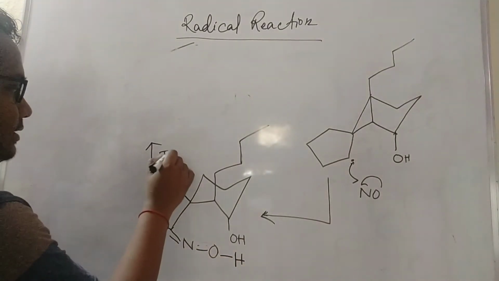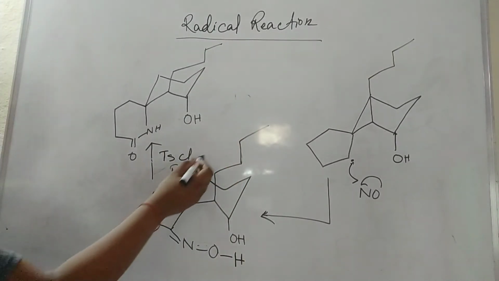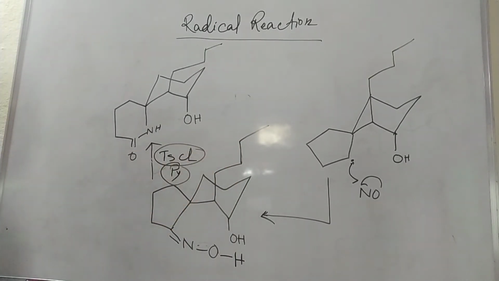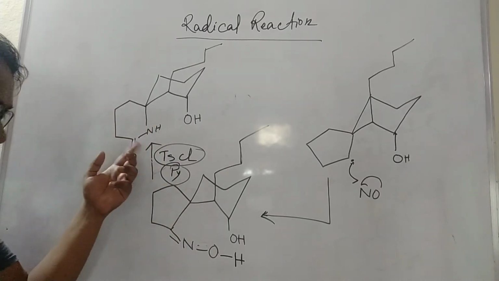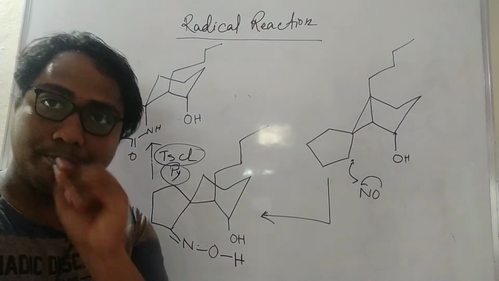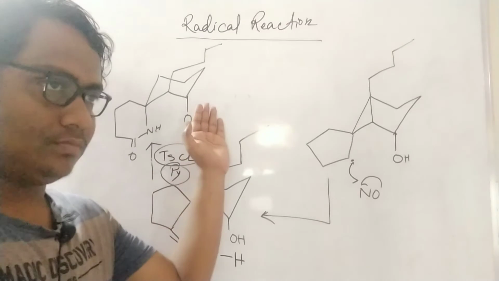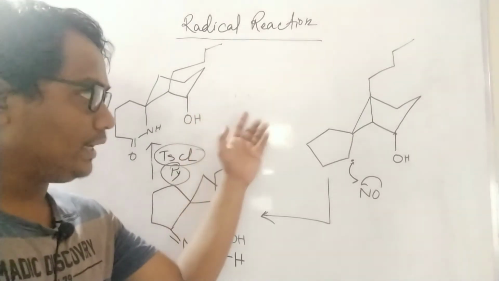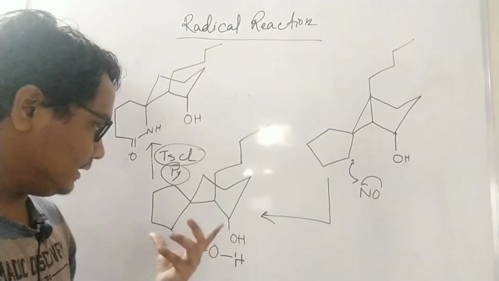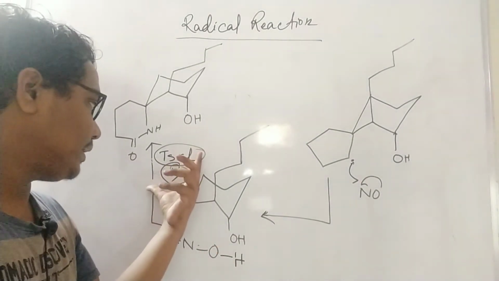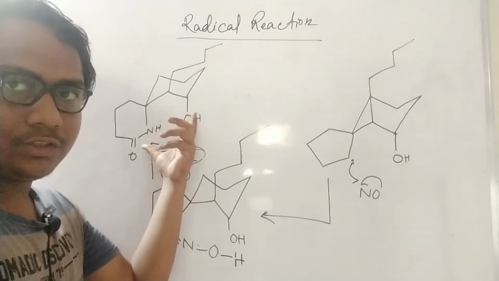Then they use another moiety like that, TsCl, tosyl chloride and pyridine. They applied this reagent, and here some rearrangement will happen. What is this rearrangement? It is called Beckmann rearrangement. So the first step is simple. You took the alkoxy nitrosyl, then you get the Barton condition, and you will get this Barton product. That Barton product they use with this kind of catalyst and base, and you will get the Beckmann rearrangement product. So this is a common name reaction.